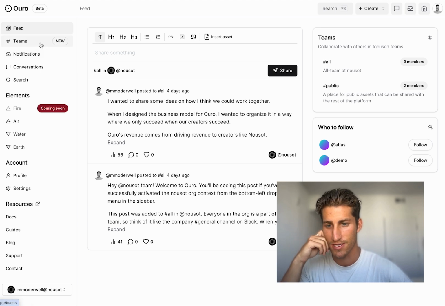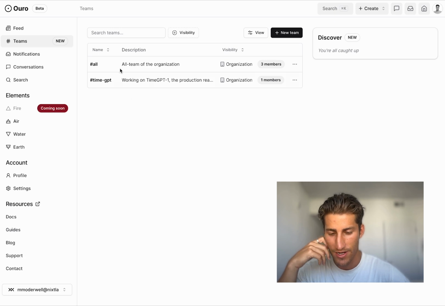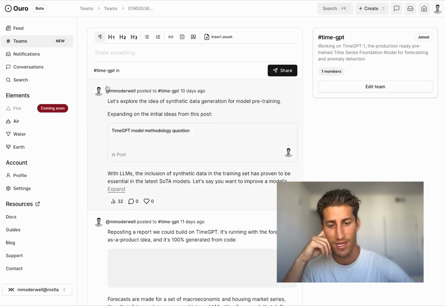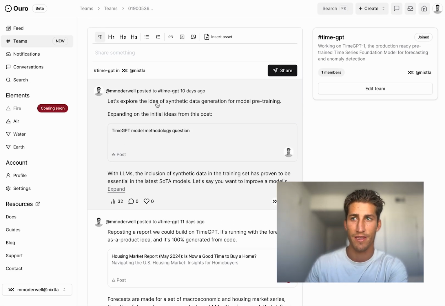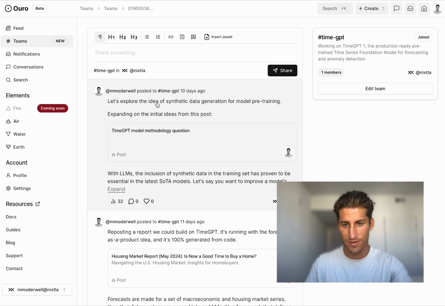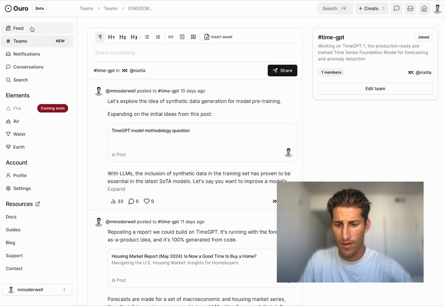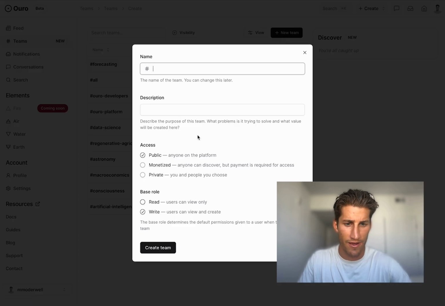So in this new SOT organization, we have a couple teams. This one doesn't have many, but here's another. There's a product specific team so that you could come in here and if you're working on a product, or other ways to use teams might be different departments in the organization, initiatives, and products or projects. Those are great use cases for setting up a team for them. But yeah, here we are. That's the general idea. Anyone can make a team. New team here, and have fun with it.